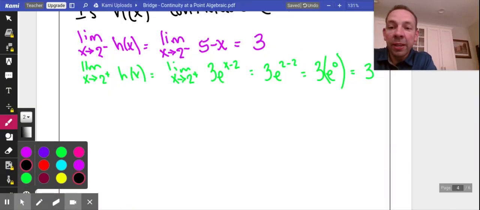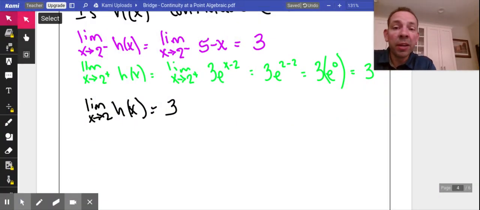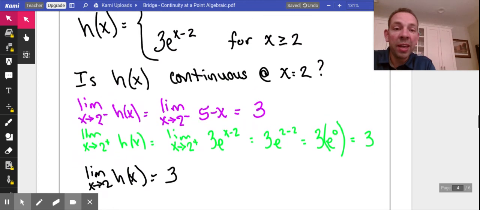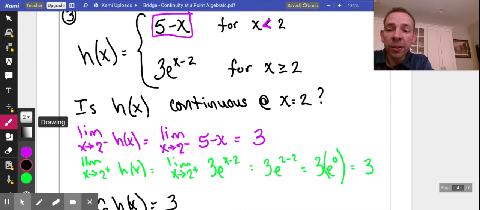So I'm thinking here, the general limit as x approaches 2 of h of x does exist and it's equal to 3. So now what do you do next? If you go through your checklist, the second thing that we've got to verify is that h of 2 exists. And this is when you're going to look for